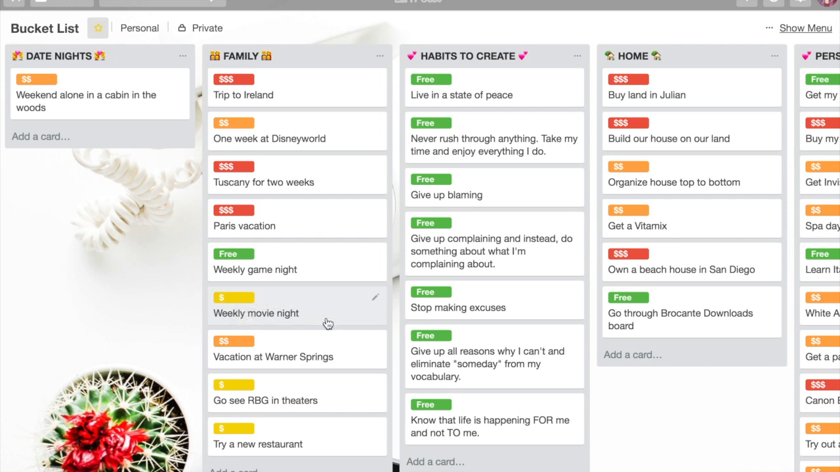So like, you know, going to the movies once a week, this is a movie that we want to go see, trying out a new restaurant. It costs money, but it's not going to, like, you know, put us into debt or anything like that. And then I have items that are free. So these are things that when we don't want to spend any money, or we just don't have the money to spend that week, we can pick something out of the free column and do something like that with the family. So that's how I've got my bucket list